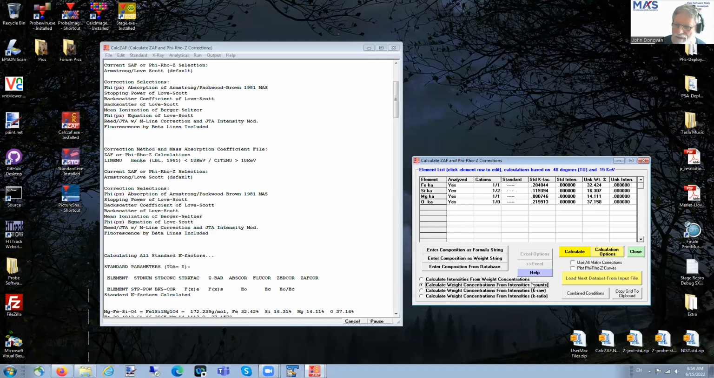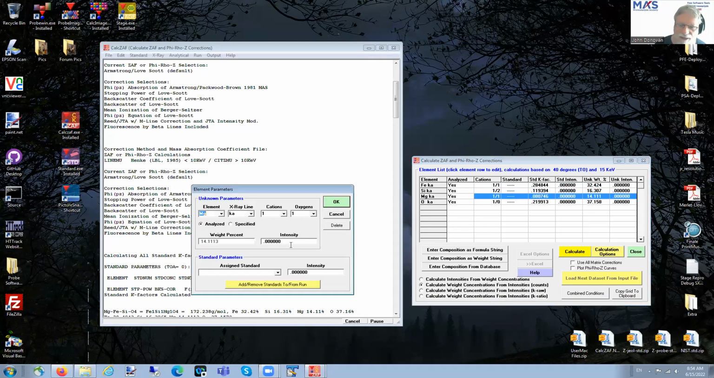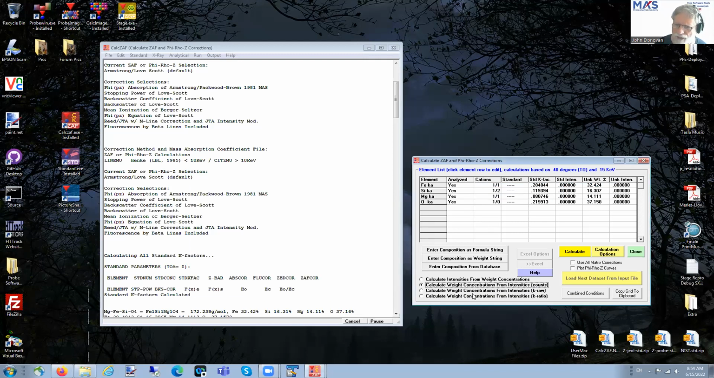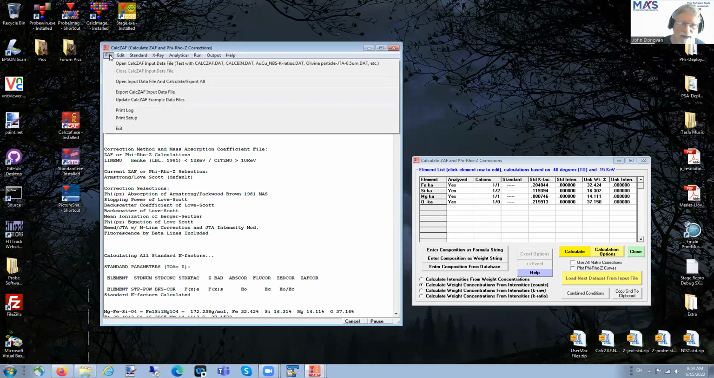And you'll also notice that when you're doing the intensity entry, you also have to specify a standard. And you can add and remove standards from the run here. This would be from the standard database. So just to illustrate this, you could go to File, and the output format, the input format, I should say,